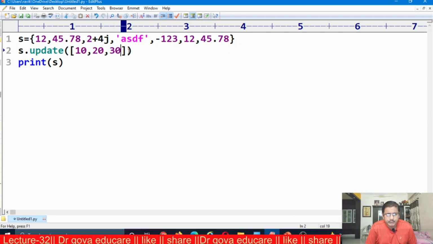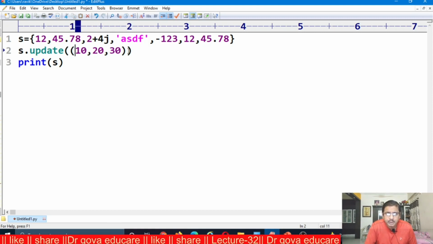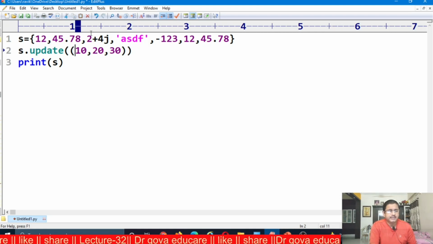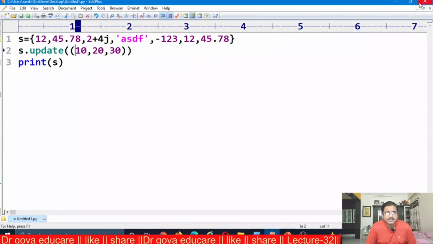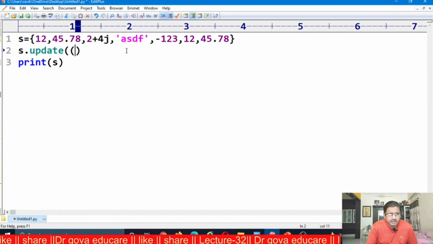Similarly, I am using a tuple. Now the tuple elements are added into the set. I am executing this. Observe here, all the tuple elements are added into the set. Similarly, I am using a string.